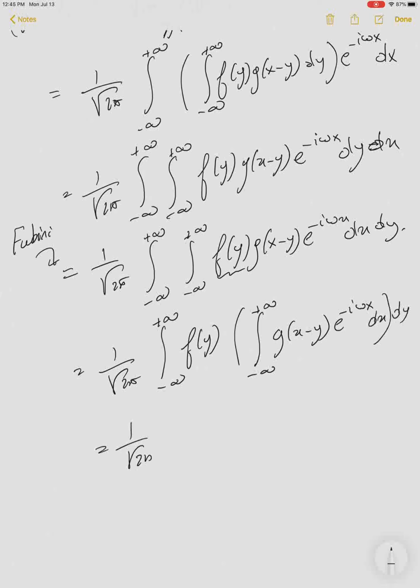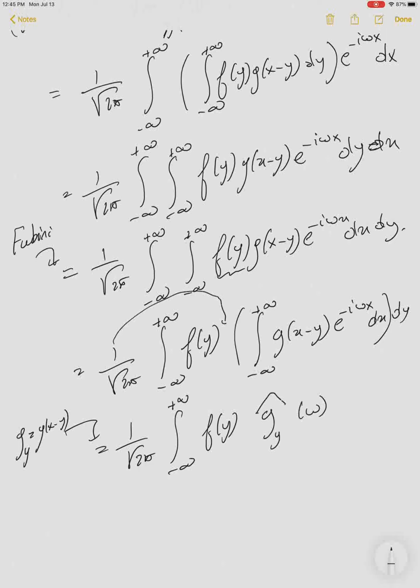But this is nothing but 1 over square root of 2 pi integral from minus infinity to positive infinity. So define g sub y to be g of x minus y. This will be f of y g sub y hat of omega. But now this is 1 over square root of 2 pi was here, so